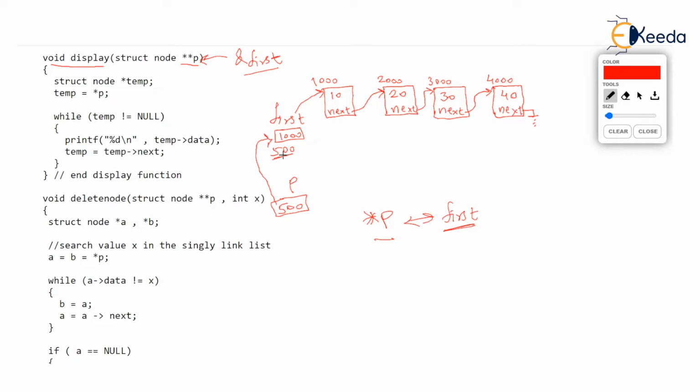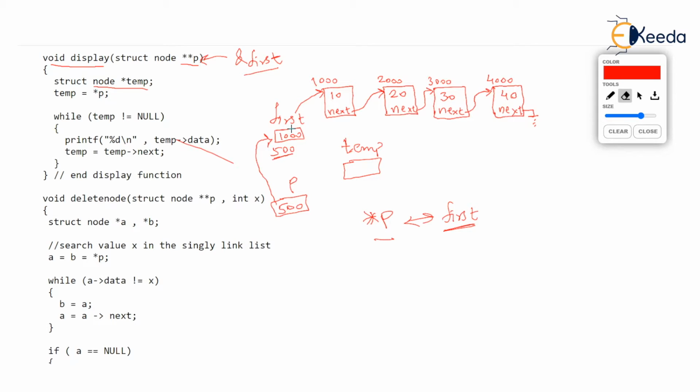So after that, we have declared one node pointer here. You just check, temp is a node pointer. So in the memory, we are going to have a pointer called temp. This is a newly created pointer, and this pointer can point to any node. What that means is this temp pointer can point to 10, it can point to 20, any node, because all these are node structures, 10, 20, 30, 40.